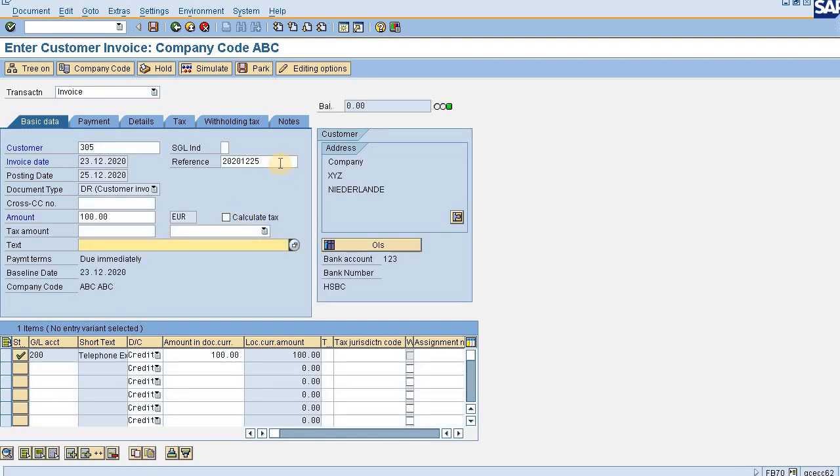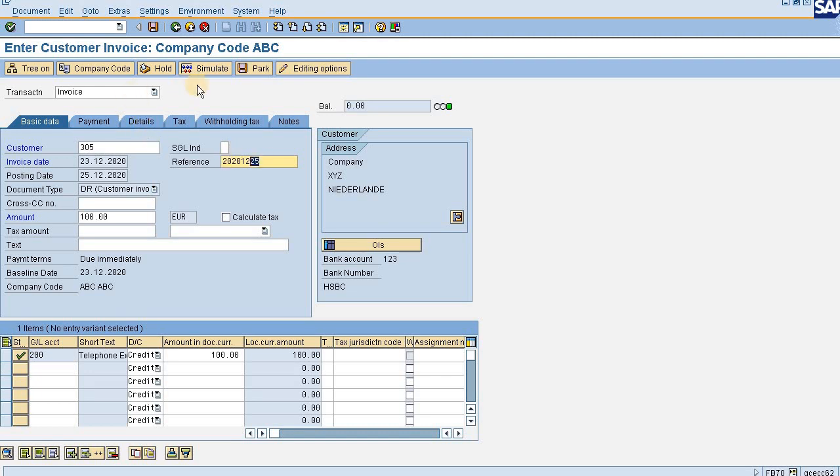See, the reference field has automatically popped up based on the posting date. The posting date was 25th of December 2020. Now the same has come up here, 2020 12, that is December 25th. Absolutely fine. So substitution is working as expected.